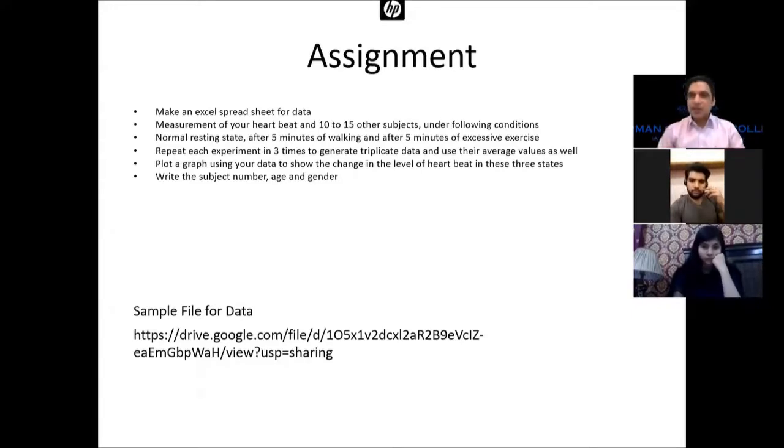For example, in the resting state, for 10 seconds you are counting, and you end up with 55 as the heartbeat rate of that person. I will repeat that experiment again. This time I might end up with 58. I will repeat that experiment one more time. I might end up with 53 this time. So I will generate 3 numbers for one experiment, and then I will take the average to write down